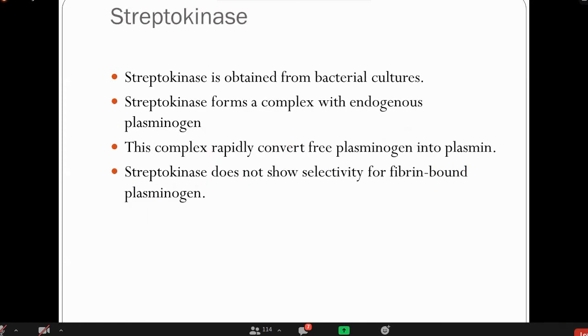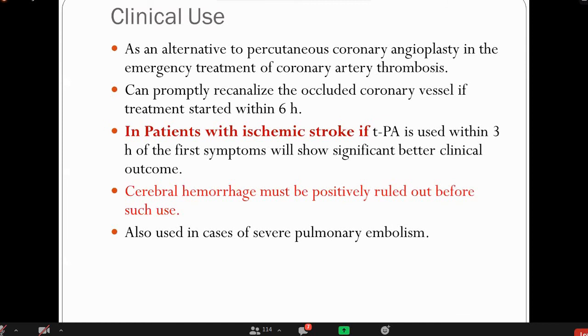Now, this is very important from the exam point of view: streptokinase, and this streptokinase is obtained from bacterial cultures. Streptokinase forms a complex with endogenous plasminogen, and this complex rapidly converts free plasminogen into plasmin. Streptokinase doesn't show selectivity for fibrin-bound plasminogen. Clinical uses of streptokinase: as an alternative to percutaneous coronary angioplasty in the emergency treatment of coronary artery thrombosis,